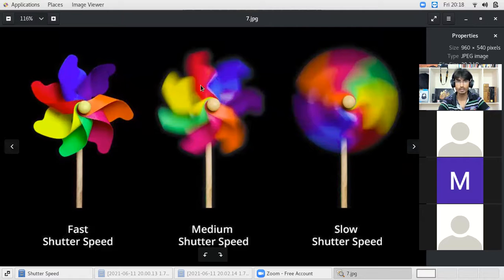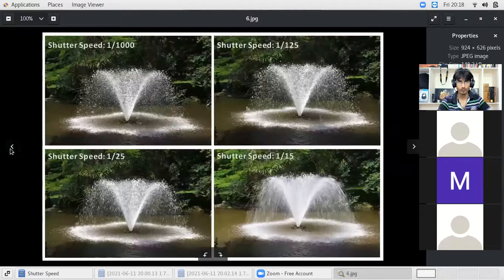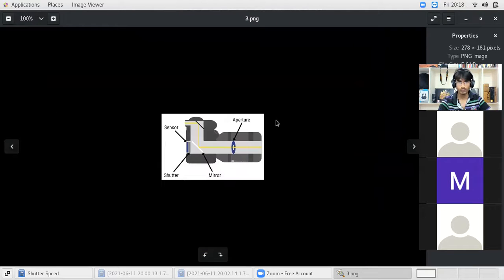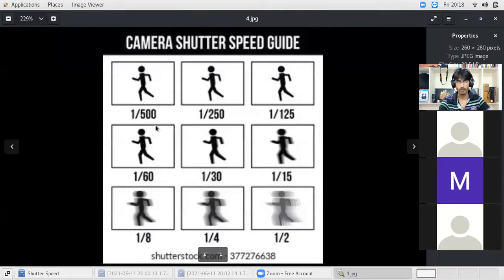Intermediate shutter speed, we are getting neither too much crisp, neither too much blur. So this is the small concept we have to understand. If we are thorough with this concept, rest of the things are very easy. So this we'll understand one more time. 1 by 500 fraction of a second, we are calling it as faster shutter speed.